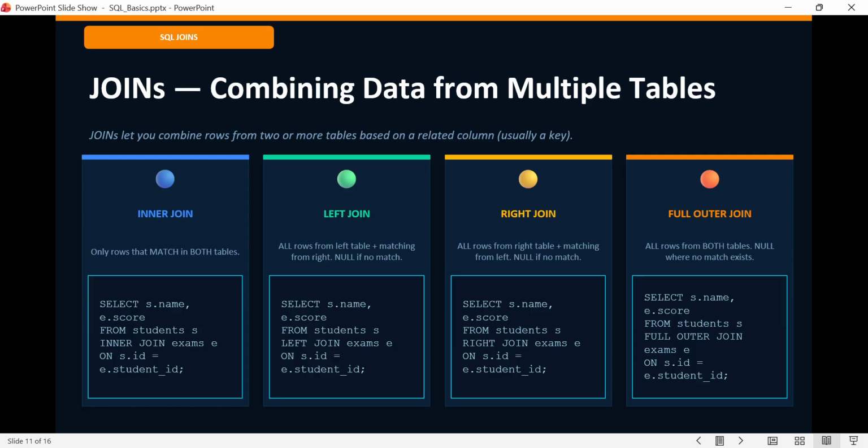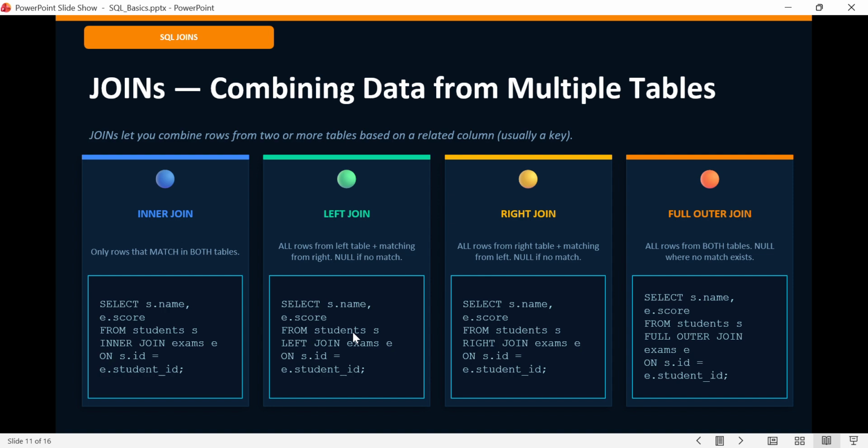Let me read the inner join query: SELECT student_name, score FROM students s INNER JOIN exams e ON s.student_id = e.student_id. The ON clause specifies how the tables connect. In this case, the student's id must match the student id in the exams table.